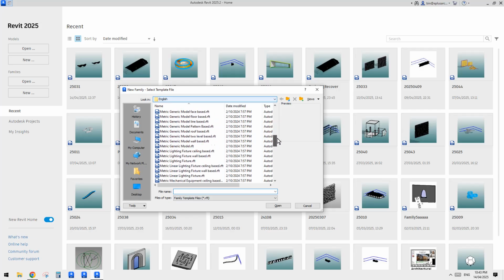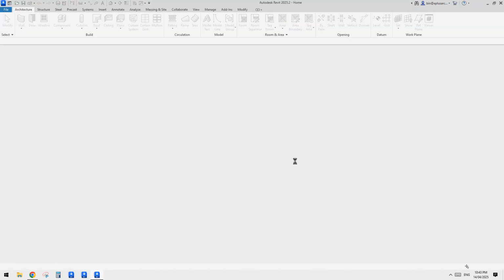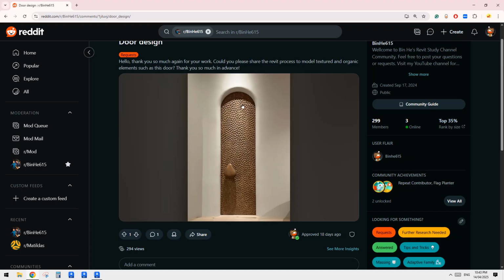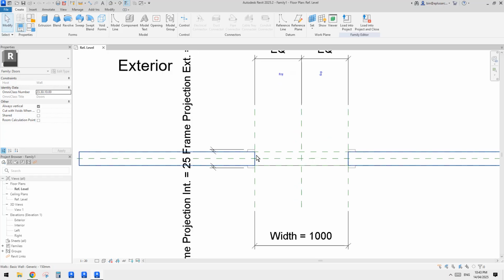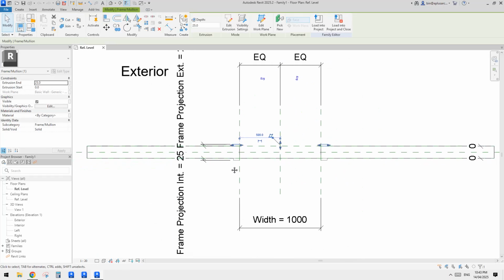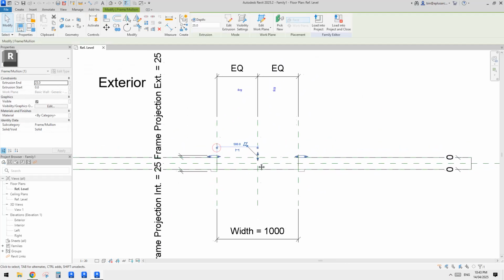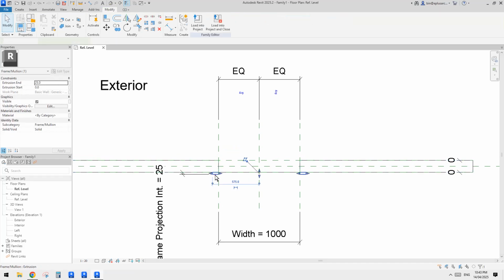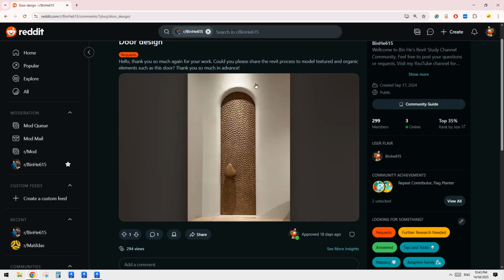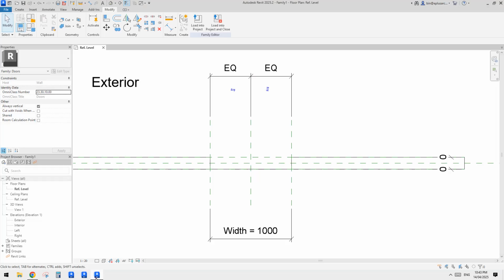So we're going to use the door template, right? So let's start with this. And so this door looks like this, no frame or arc drive, anything. So we're going to just delete them. And also, you can see the shape of this one, it creates all these curves. So we're going to use, let me think,